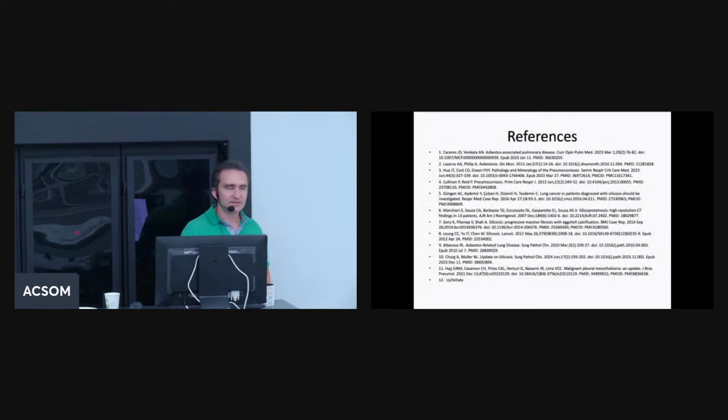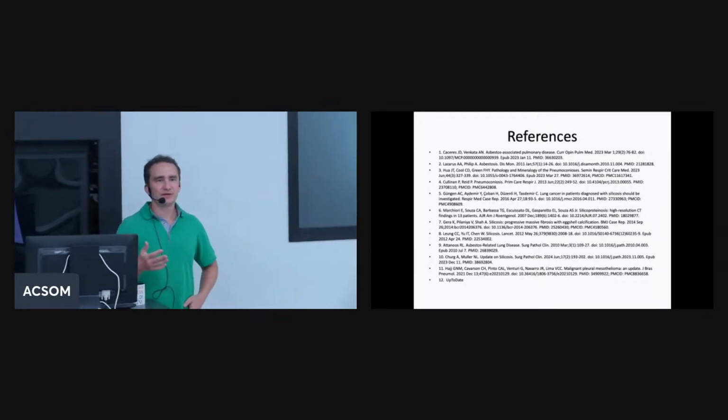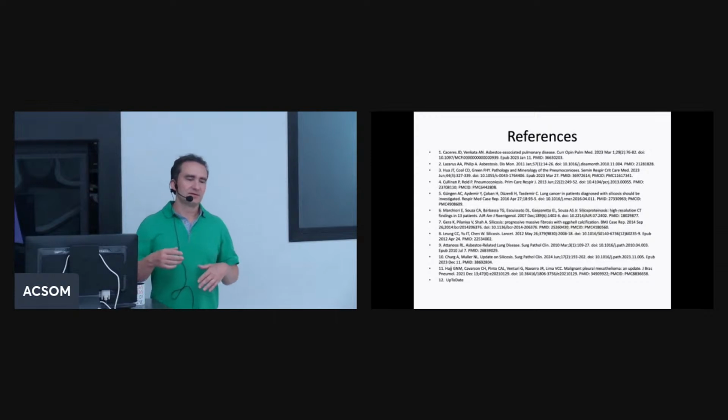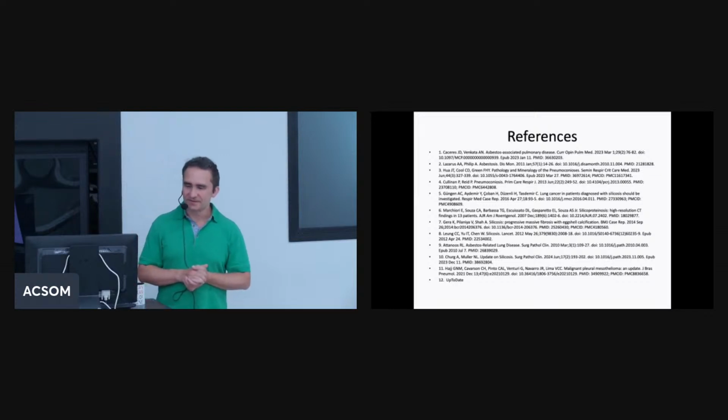So just to summarize, we talked about silicosis, which happens as acute and chronic, and we talked about asbestos exposure, which may cause slowly progressive pulmonary fibrosis and can also cause pleural disease. Okay, so I think that's it for